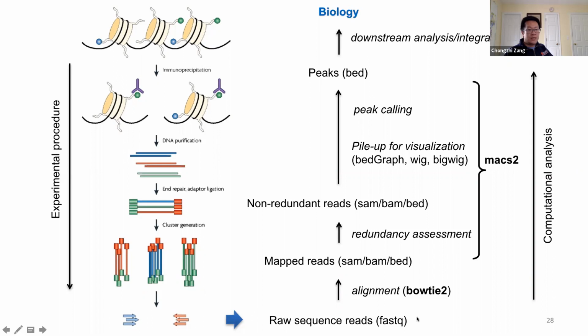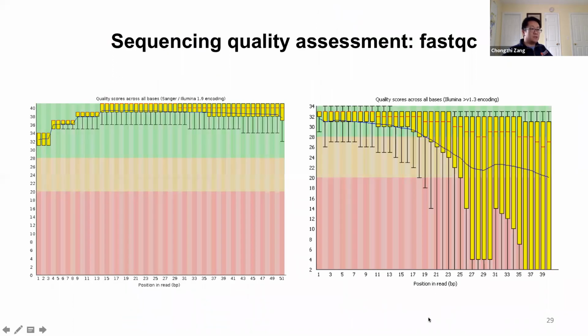We can usually use an algorithm called FastQC to briefly assess the quality of the sequencing runs. FastQC is a very straightforward algorithm that I think is already pre-installed on Grafana, so you can do module load and run FastQC on the FASTQ raw sequence data file, and it will tell you a global